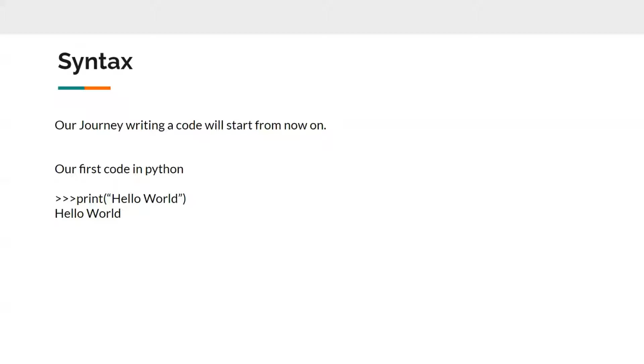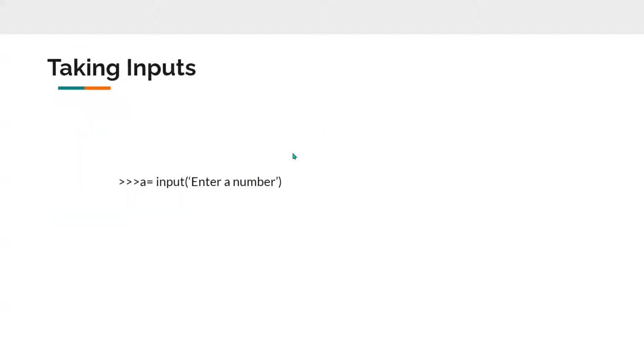In this program, we are using print. Print is used to display anything you want. Here I have written hello world in double quotes. You can write anything you want here. Just don't forget to enclose it in double quotes so that it will be converted into a string and we will not get any error while executing our code. Now we know how to display certain things through our program in our output.